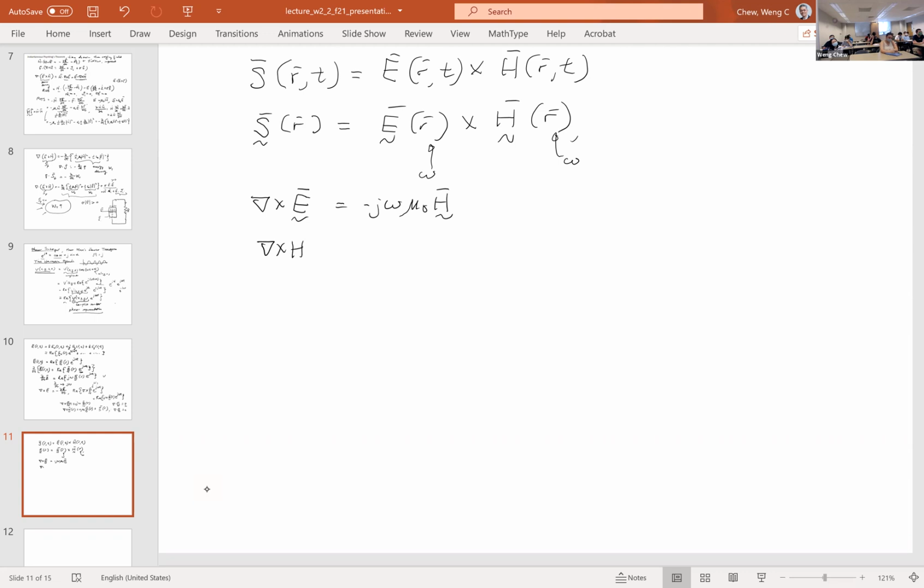Ampere's law is just that. And again, you can go through the same exercise as we did before, but instead looking for something like E cross H